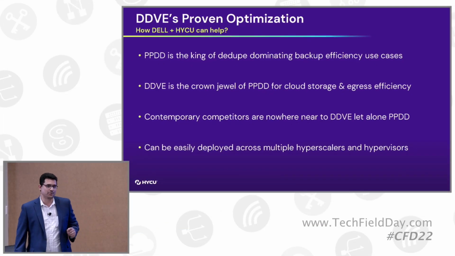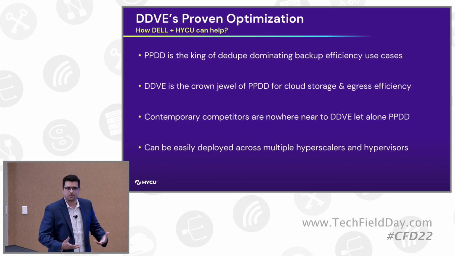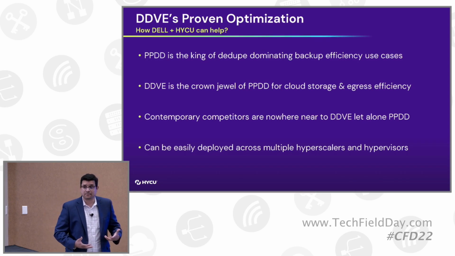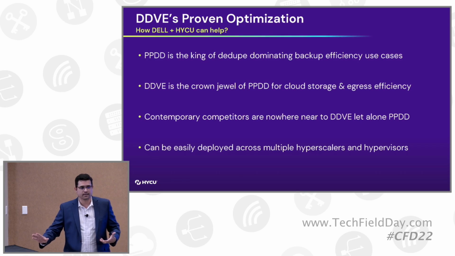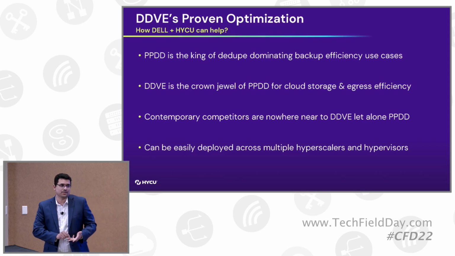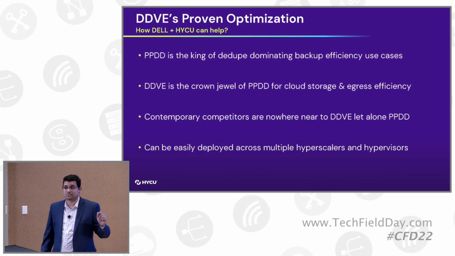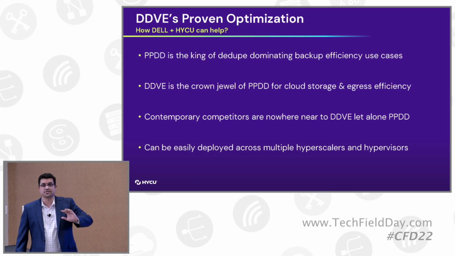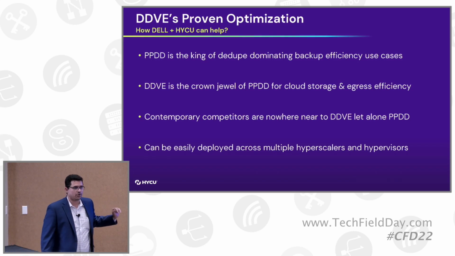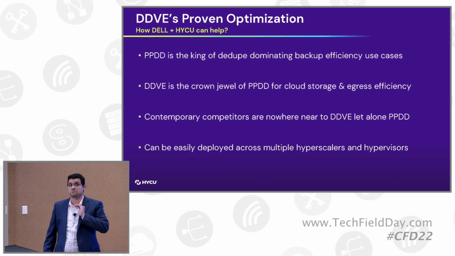That is the real crown jewel, people, because DDVE is basically the virtualized version of your physical Data Domain. And virtualizing a physical appliance is no easy task, right? Rubrik has tried to do this. Cohesity has tried to do this. Even NetApp has tried to do this. And the rate of success is not even remotely close to what Data Domain has done in the market today. DDVE has been in the market for more than 14 years. This is other than just the stats David Noy showed with regards to the amount of capacity or the number of customers. It's about how long you have been in the market, and DDVE has come a long way,